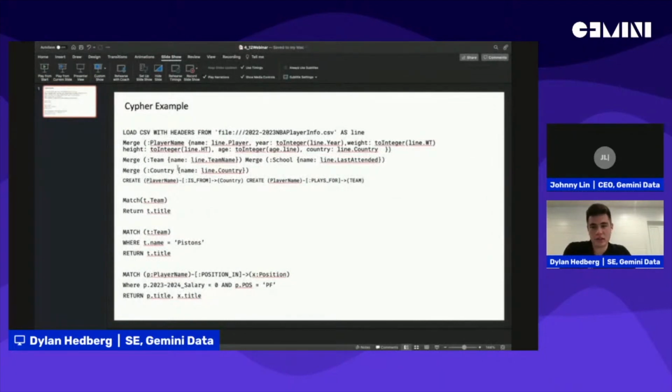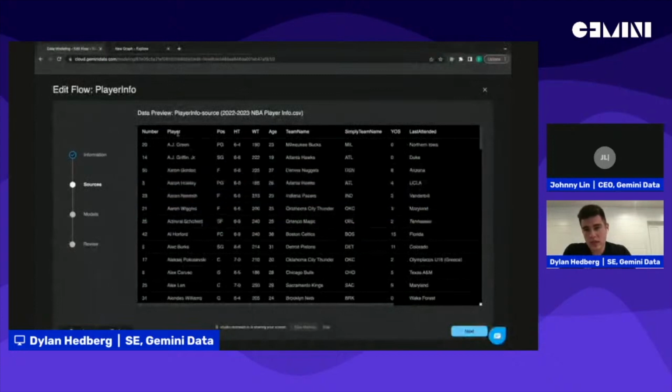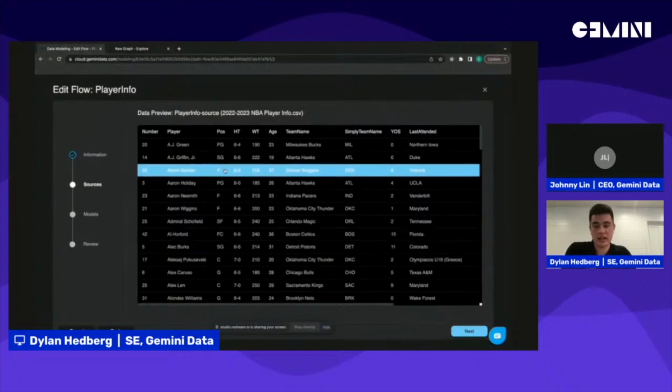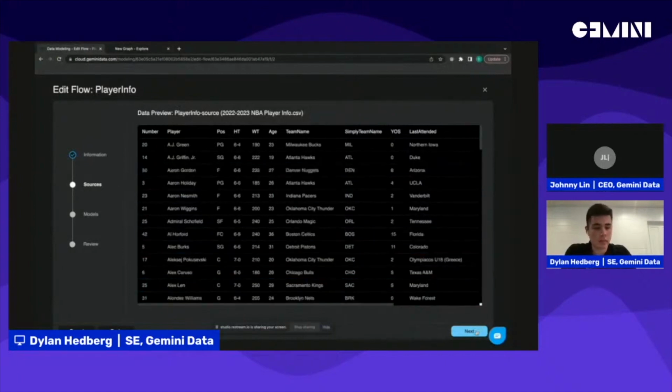And there's obviously a learning curve here. There's some syntax that you need to learn. And even just looking at this, it's not very visual. I can't even tell if I'm doing it correctly this way. But what we have here is a wizard and a DIY step process where you can see what you're modeling and what you're connecting to each other. So I'm going to go into next.